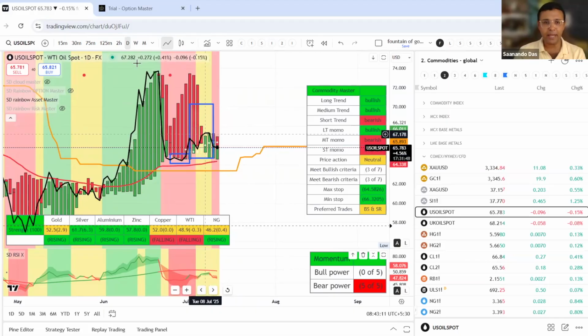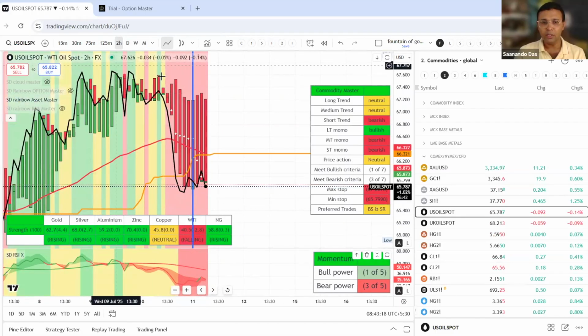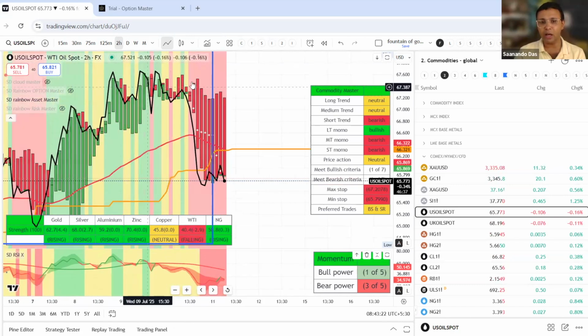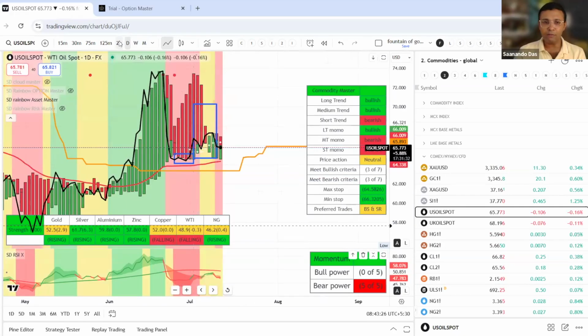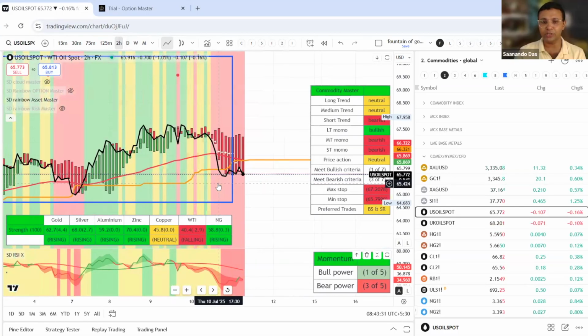Very small money it came. You can look at the 2 hour chart. I highlighted it, but I've gone out as well. In the 2-hour chart, as it started struggling, it was clear that now crude oil is no longer working. However, I've not yet taken a short. I think a lot of rangish price action seems likely.